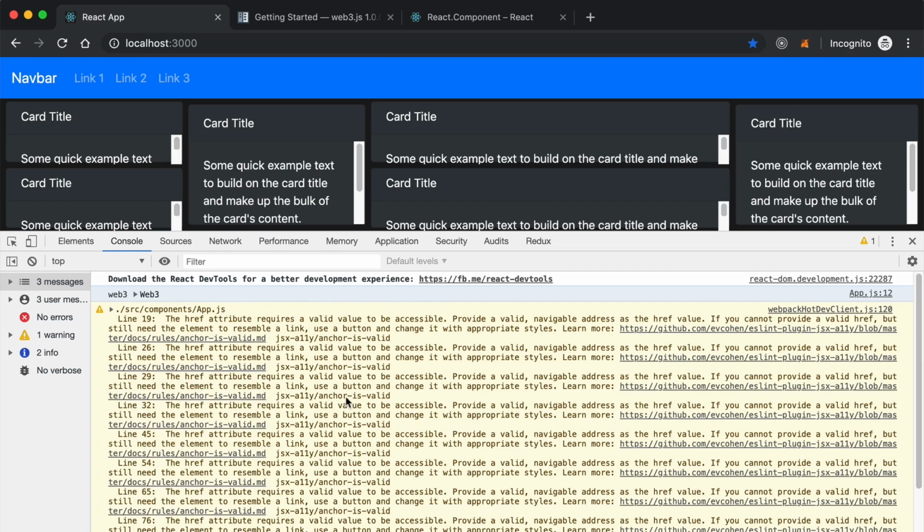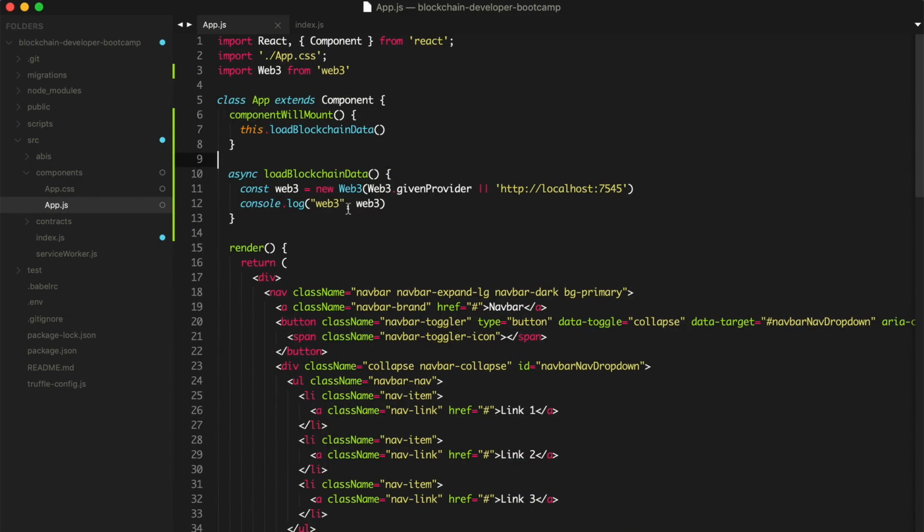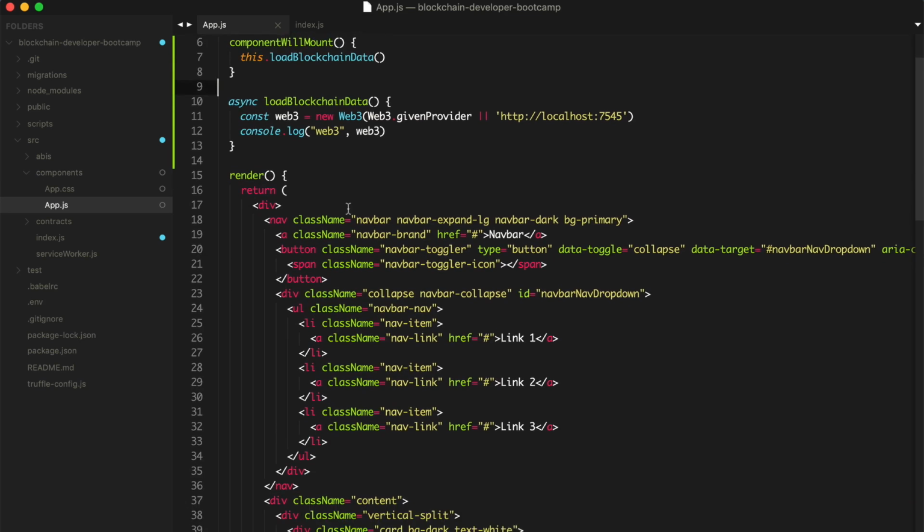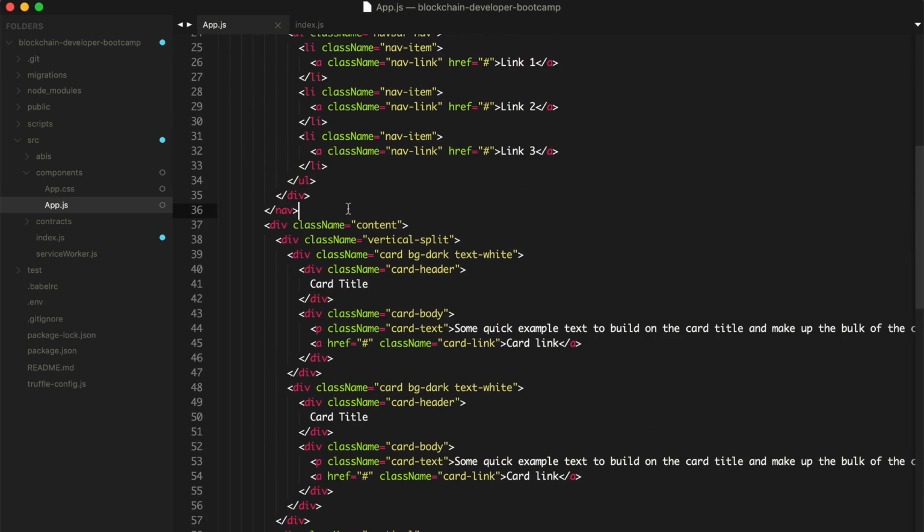But before we do that, let's fix these linter issues. Okay, we'll just read it. What's it say? The href attribute requires a valid value to be accessible. Please provide a valid navigable address as the href. So let's do a little debugging. Basically, this is saying the href